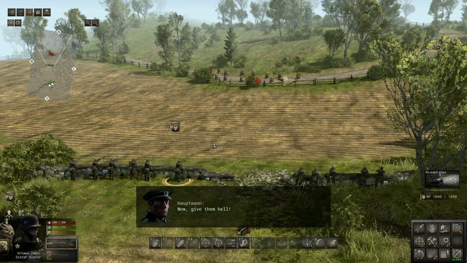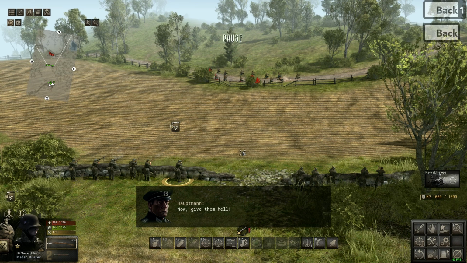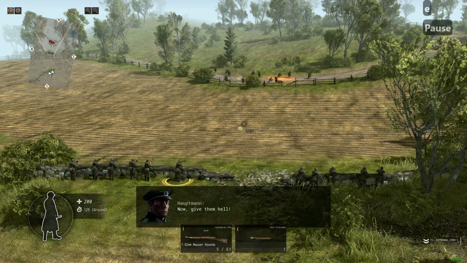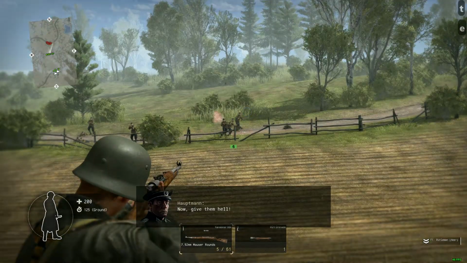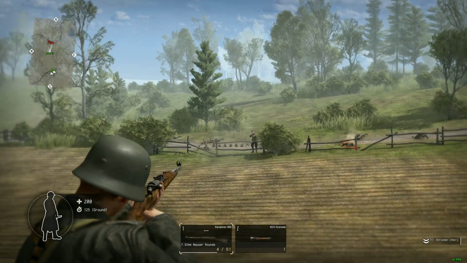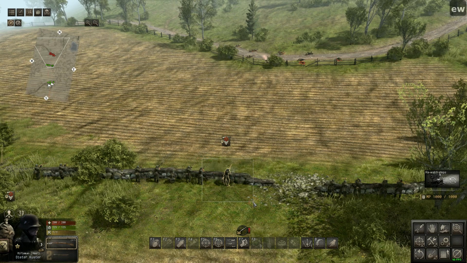You'll also see that they can be used for different things. For example, I'm just going to slow this down here real quick. If you want to feel like you're in the action, this is obviously the best way to go. And like I said, you can also see what your guy's line of sight is. However, the other one,